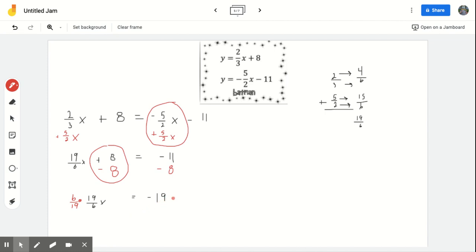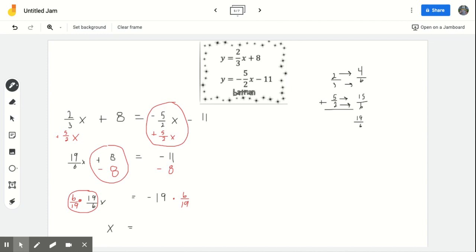And I'm going to have to keep it equal by multiplying by 6/19 on this side too. All right, so on the left-hand side, these are going to cancel themselves out. It's going to make 1. So just 1x equals, and then on this side,